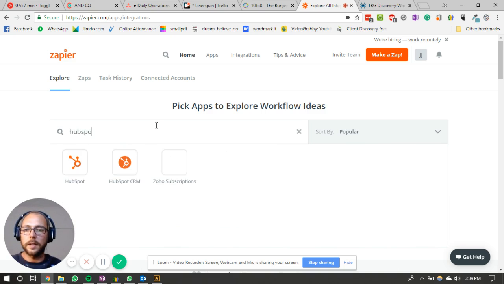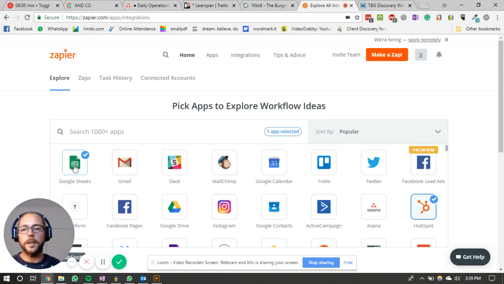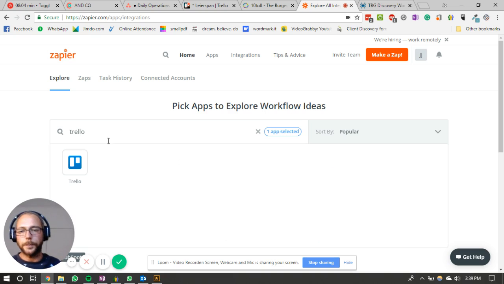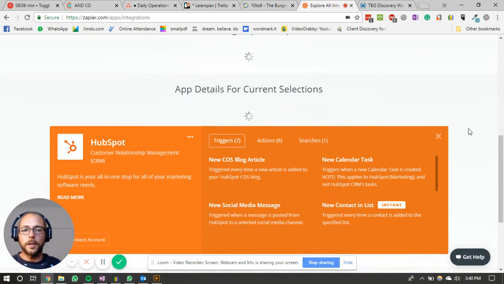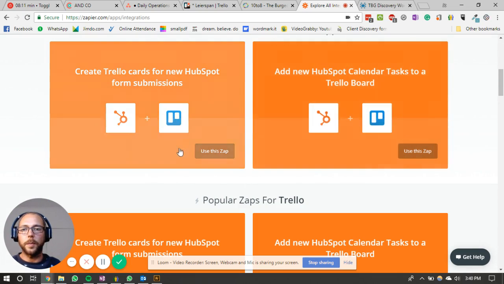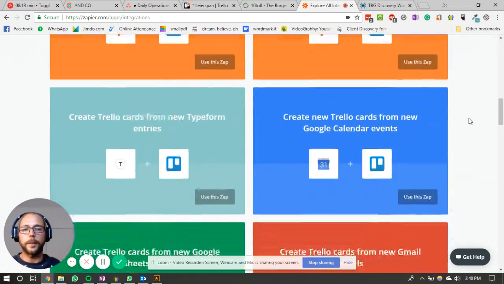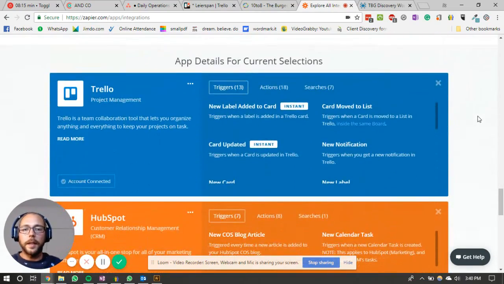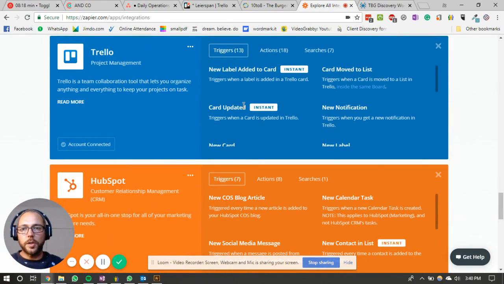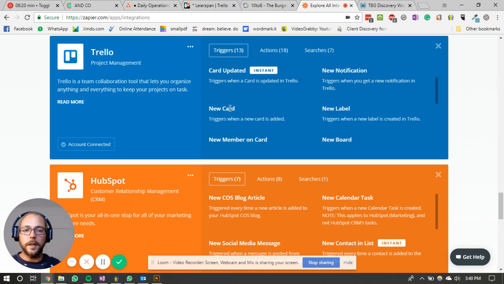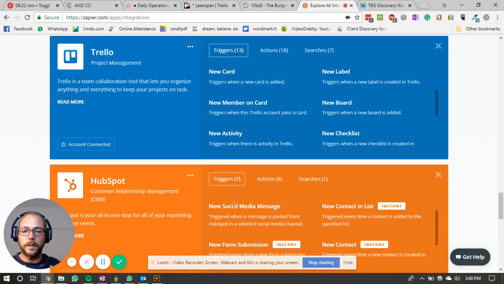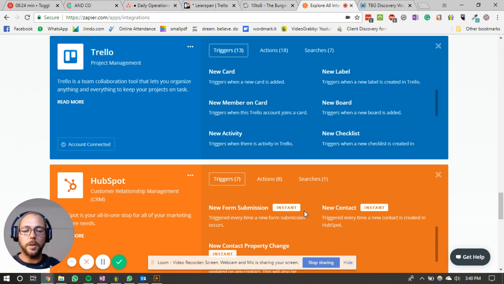So you would enter here, HubSpot. I think it was the HubSpot regular one. And then I also entered Trello. So down here, it's generating a few examples of how HubSpot and Trello can work together. Then I used these 2 screens. Now Trello has quite a few triggers that I can use. HubSpot has 7, so depending on what happens on which side determines whether you will be using a trigger